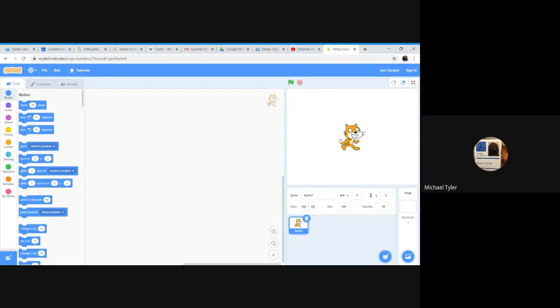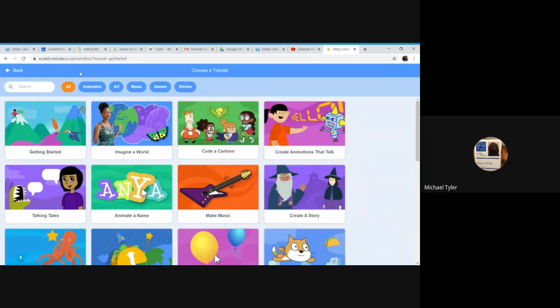Okay. You're going to create two characters. The first character is already given, but each character you've got to program, and each day, because it's two days, you've got to have a conversation about what you did while you were stuck at home during this pandemic. So all you need to do is first start coding your sprite here. I'm going to give you some expertise on how to do this. You click on Tutorials. Once you're in here, you close that video. If you go to Tutorials, you should come to this screen. Are you there? Yeah.